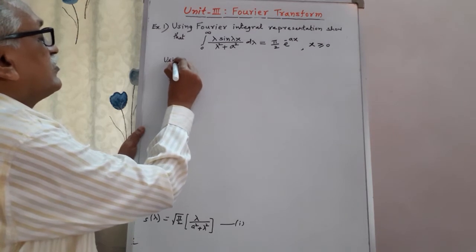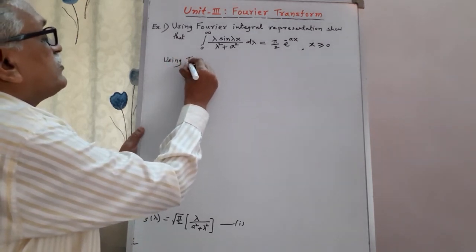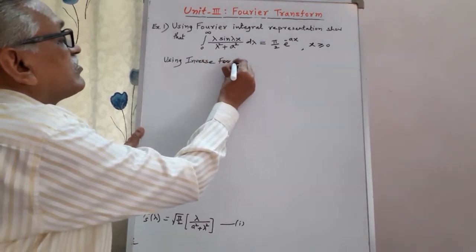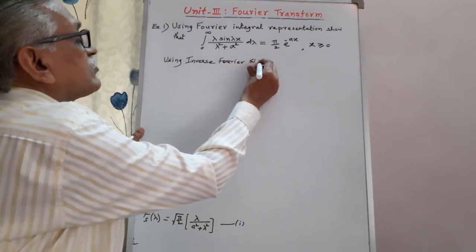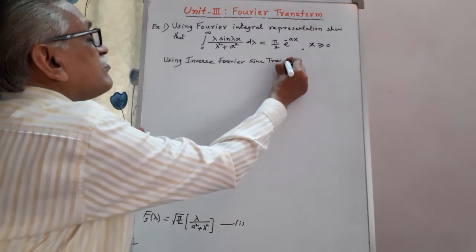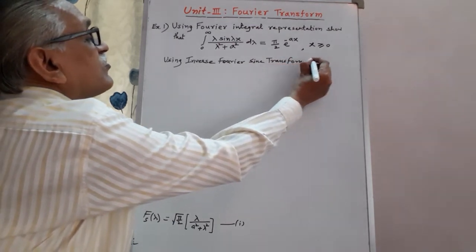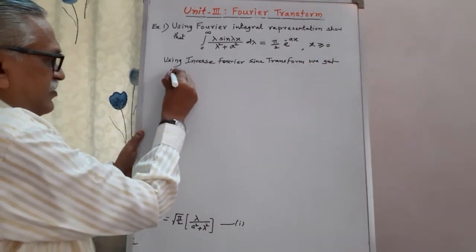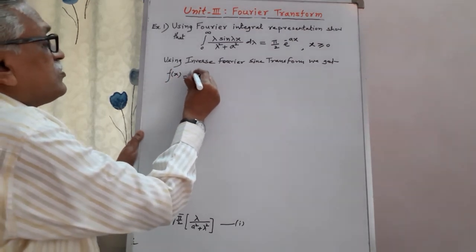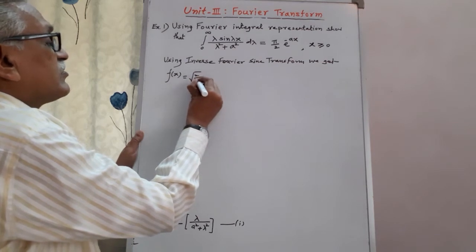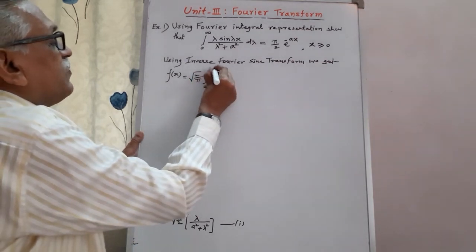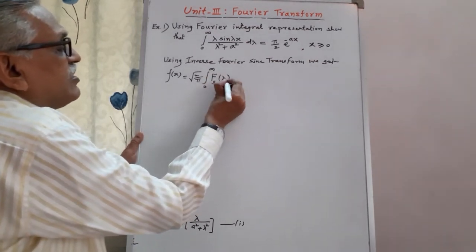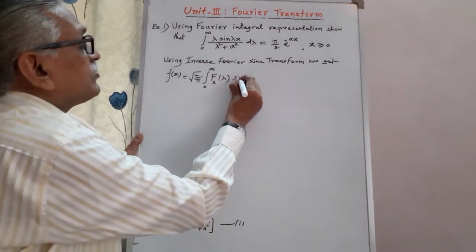Using the inverse Fourier sine transform, we get f of x is equal to root 2 by pi integration from 0 to infinity of the Fourier sine transform Fs lambda into sine of lambda x